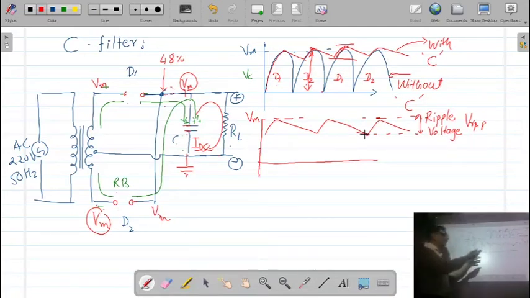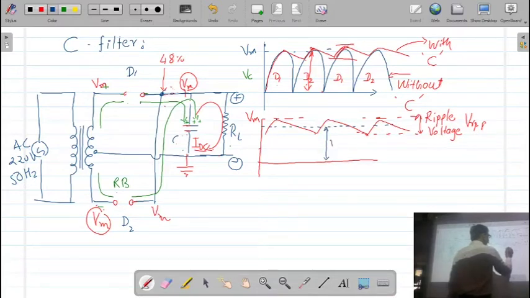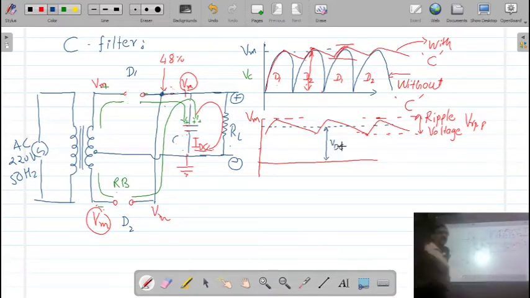And then where is your DC? Here in this output, where is your DC? Remember, DC is nothing but the average value. And if you take the average of these two, here the maximum value is this, the minimum value is this. So if I draw this line, then this is known as the DC voltage. So remember, here the amplitude of the AC is decreased, but the amplitude of the DC is increasing.